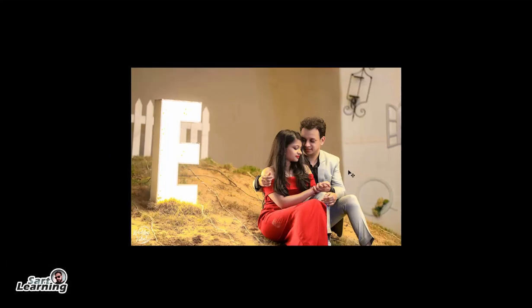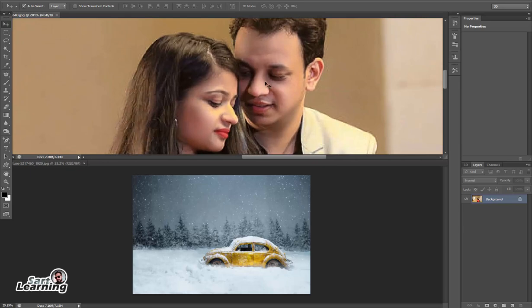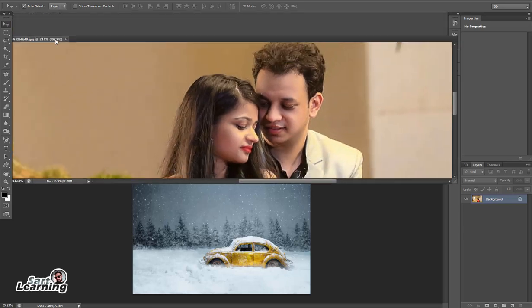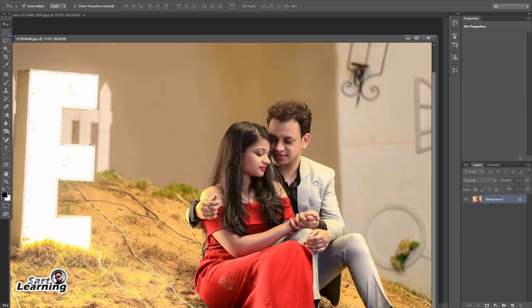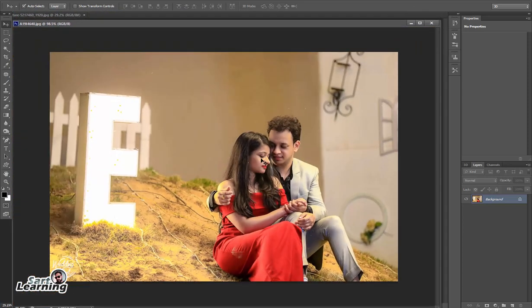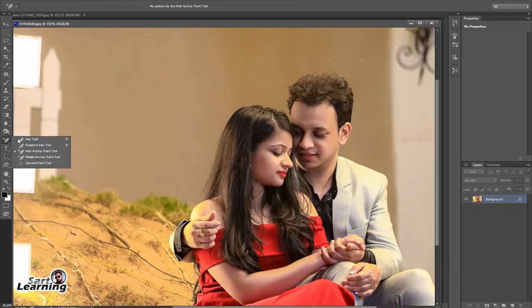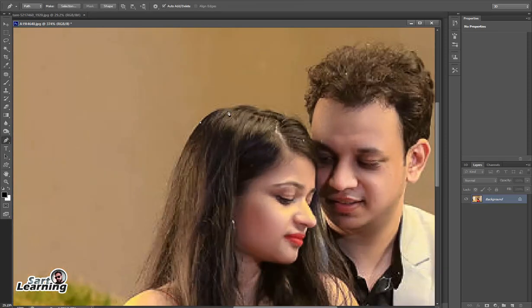First step, extract the couple from the background with the help of the pen tool. I am not using any selection tool for this image because I need a precise edge of the couple. So take a pen tool and draw the edge of the couple.